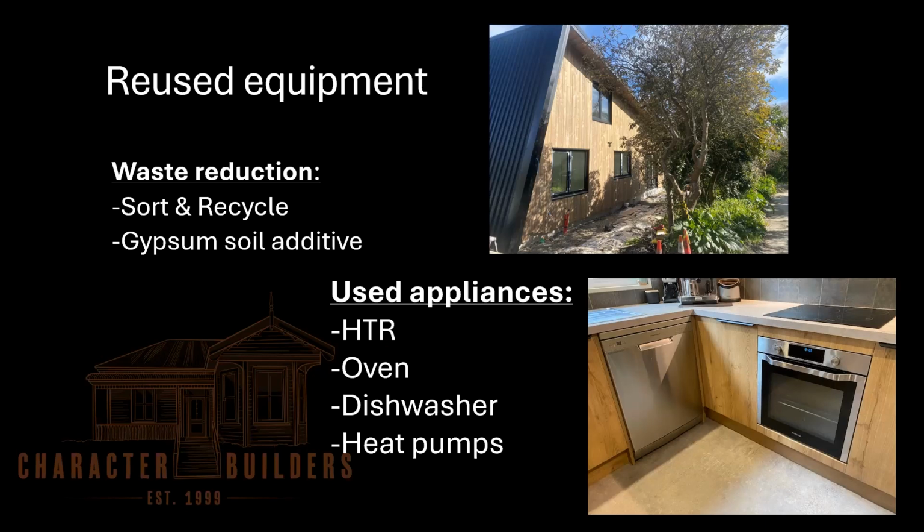We sold off the secondhand kitchen again, put a new kitchen in, but we used the oven and dishwasher and the fridge, and we found heated towel rails, for example, on Facebook Marketplace and bought those secondhand. We put in heat pumps for heating and cooling. They were secondhand, and instead of paying $3,000 for a heat pump, you get them for $600. So I guess at the end of the day,